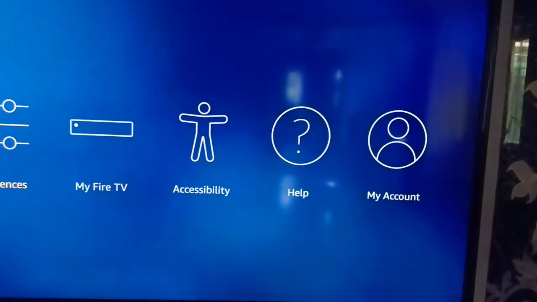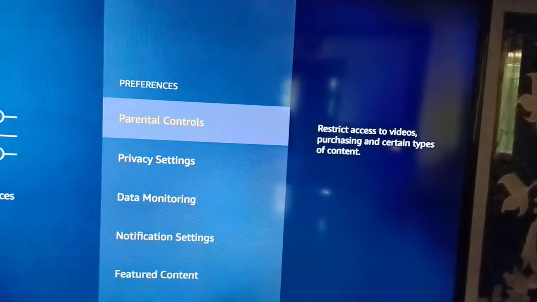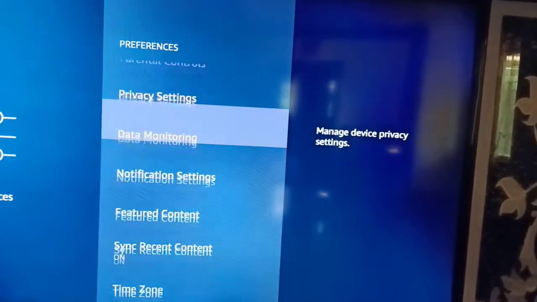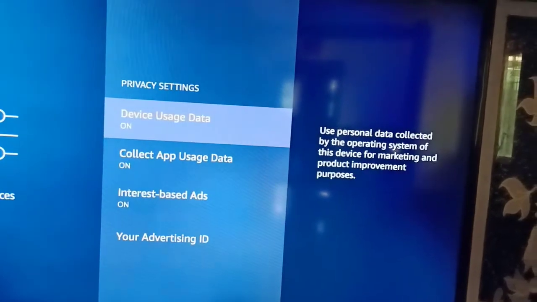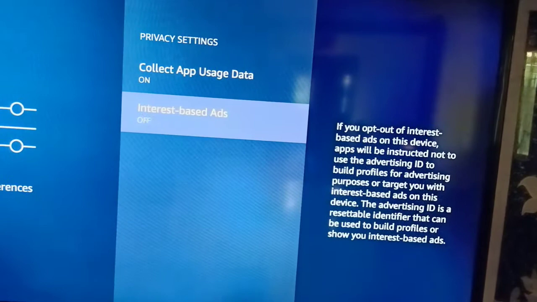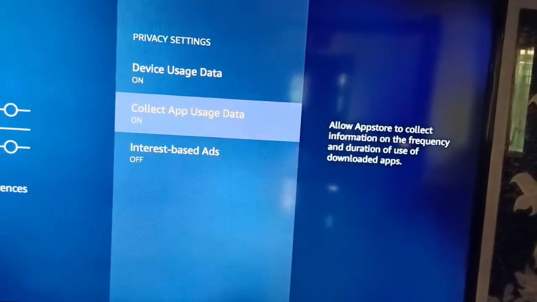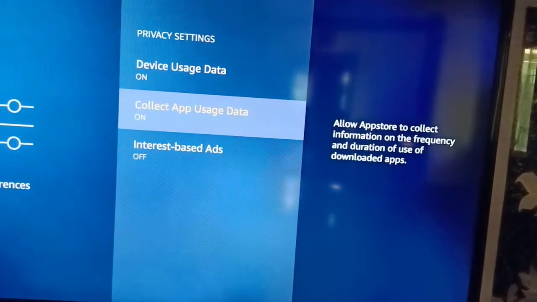Alexa, these are your preferences. Parental controls, privacy settings. I am clicking the ads as off.